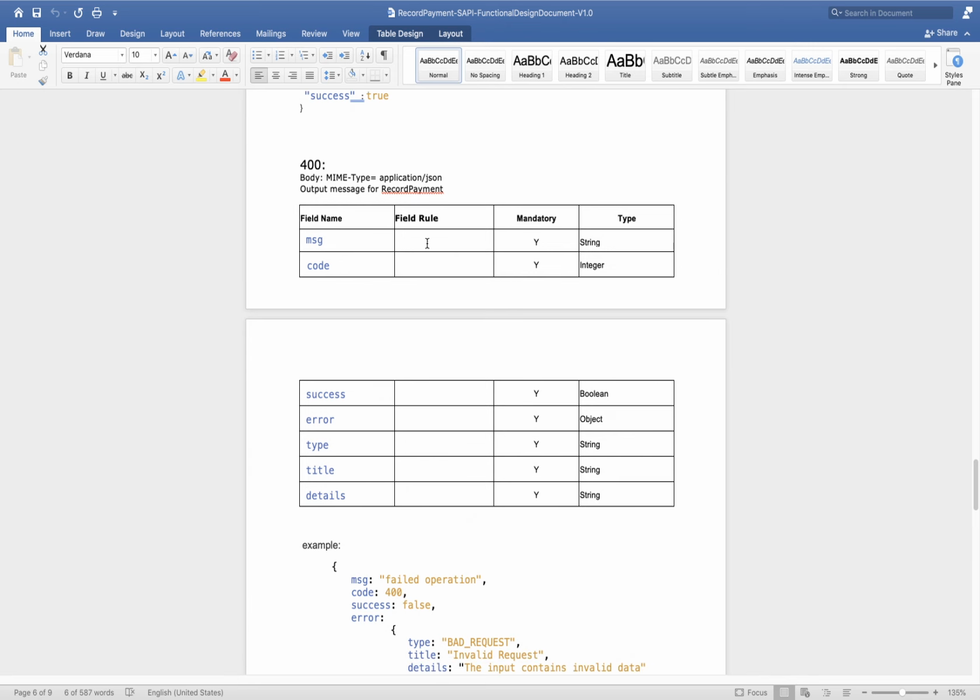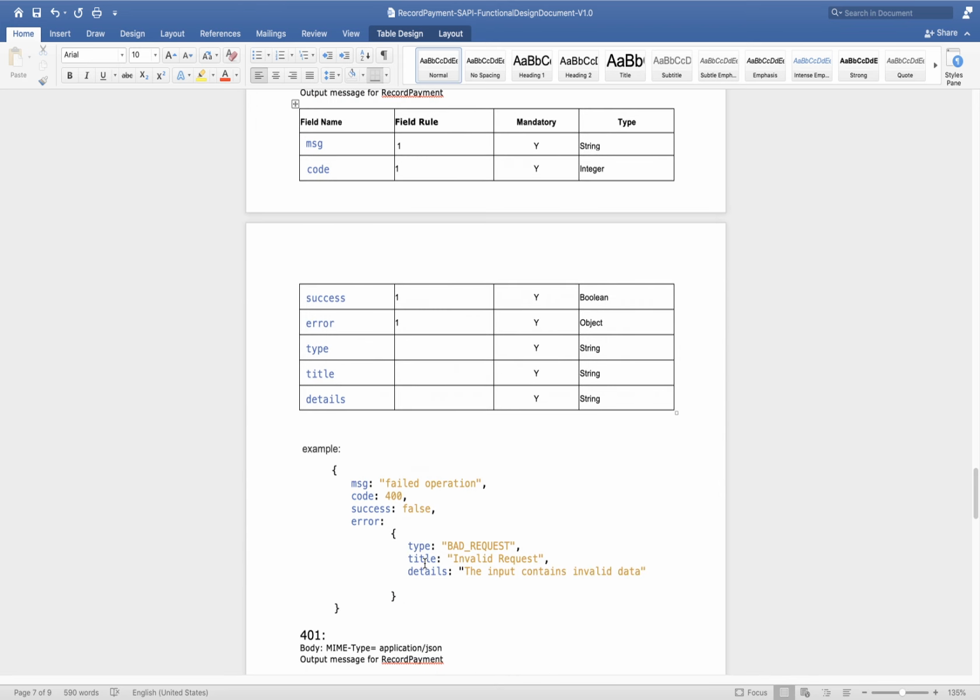Here also there should be a field rule, so it should be 1 1, then success will again be 1, then error will be 1. But inside error we have type, detail and other details, so it will be 2 2 2. This will be our field rule, and all of this will be mandatory, and the types will be string, integer, object, as you can see here.